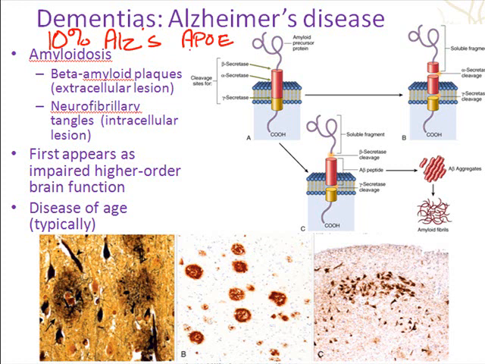Not that you need to know that, but it's an altered version of a gene that helps in the production of a couple different things I'm going to talk about right now, and those include something called beta amyloid plaques